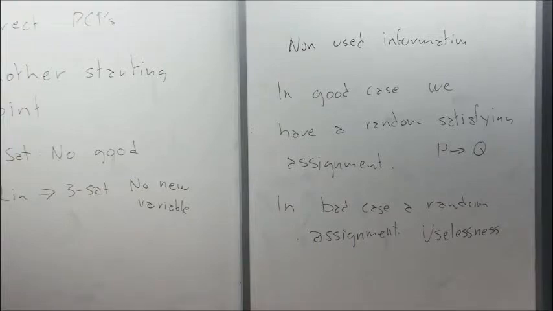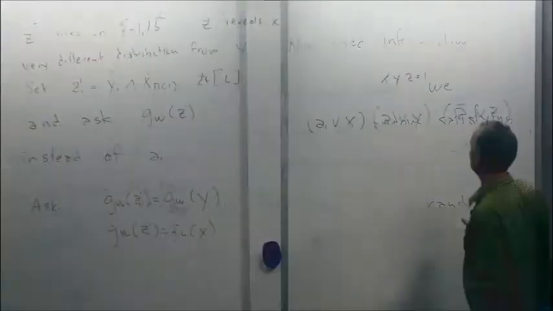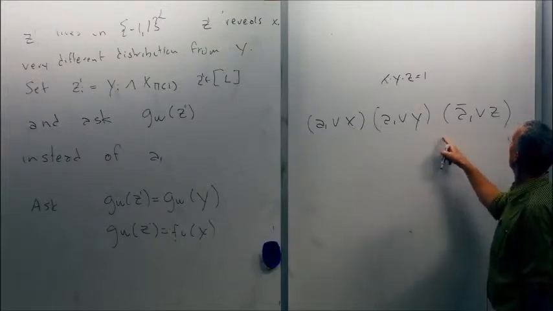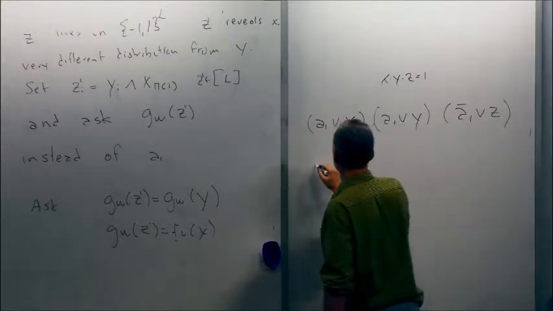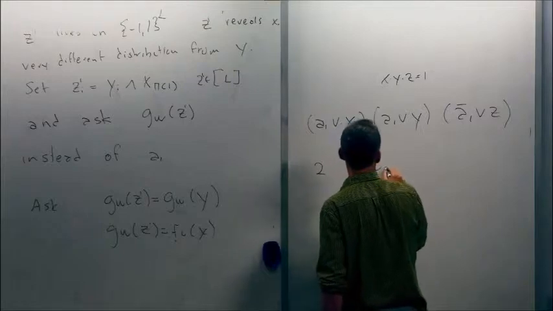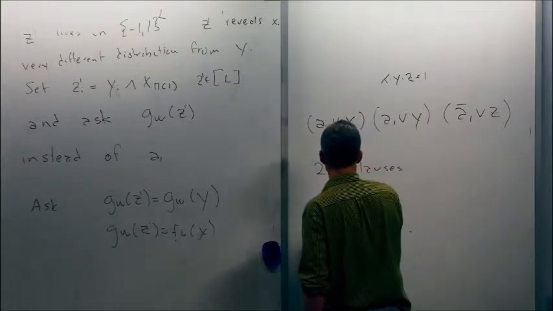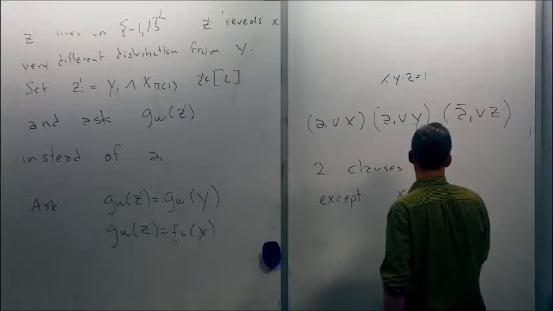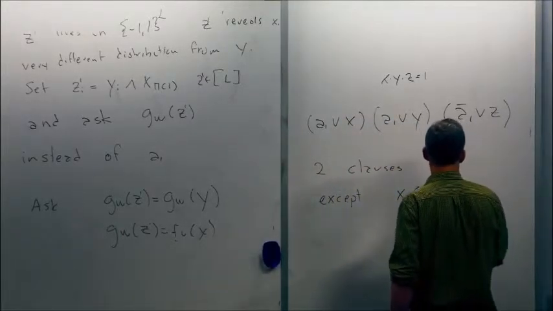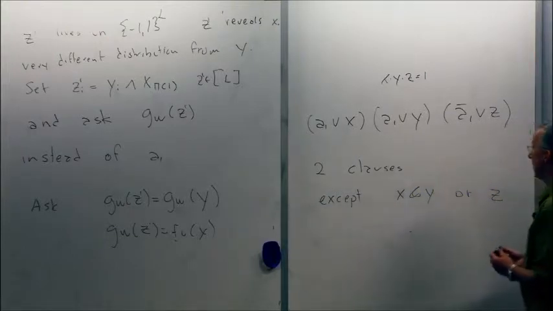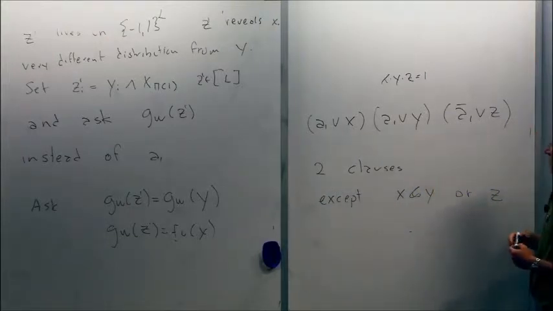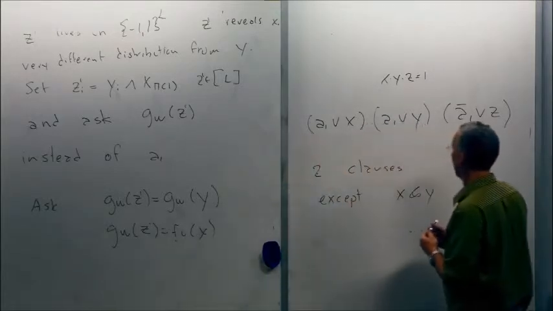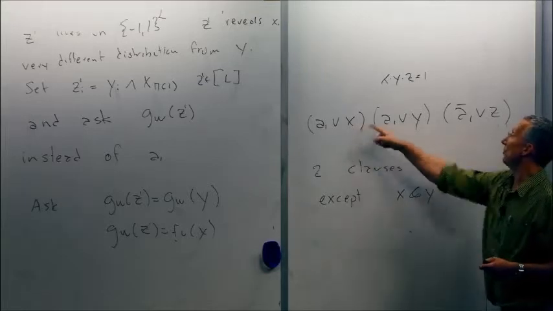So if you have x times y times z is equal to 1, sorry, here you can satisfy all of this. Well, you can satisfy 2 clauses, but you can do 3 if both x and y are true,